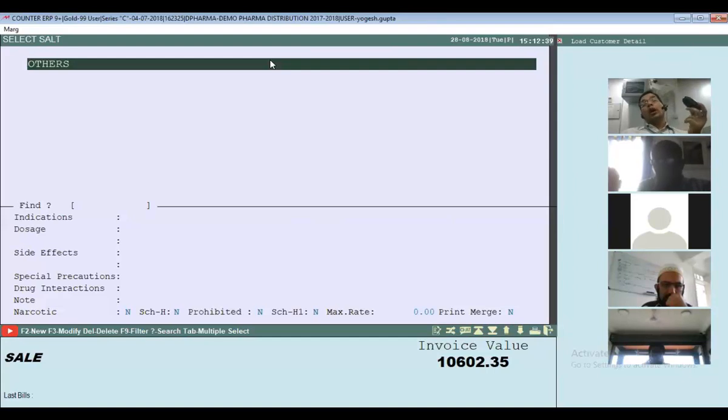If I move to an electronic shop, I'll say I need a Samsung LED, size 44, 48. So I can filter on the basis of that. If I move to garments, I can say I need the Arrow shirt of blue color, 40 size. So these filtrations are very easy by using these shortcut keys. Hope I'm clear to all.